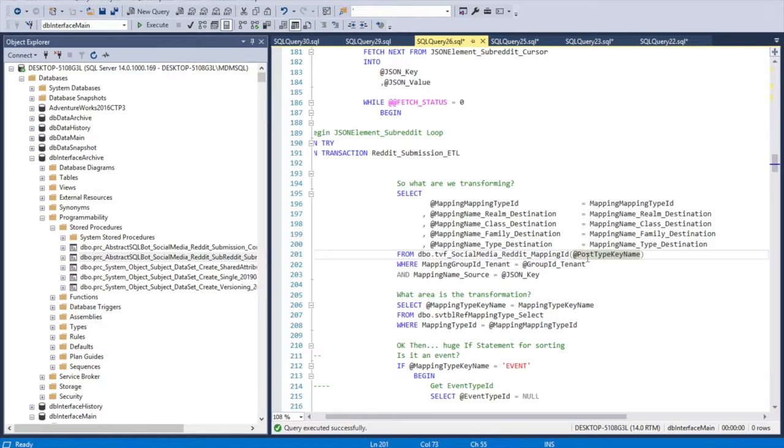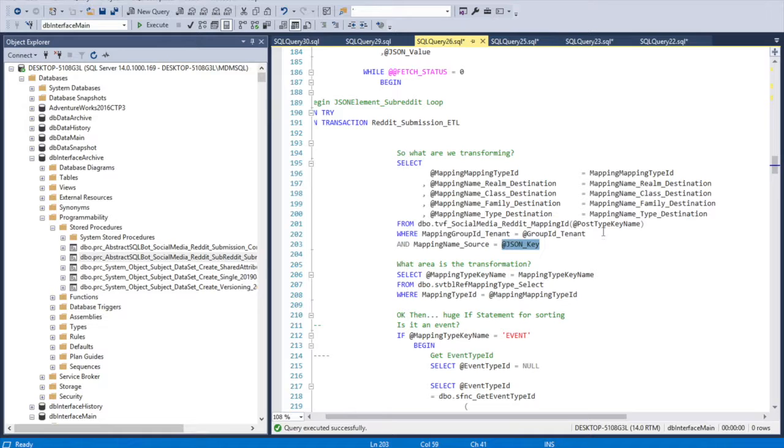So when it comes in and says, oh, it's submission, or oh, it's a comment, it will get the appropriate realm, class, family, type, destination, and the type ID for that key that's being passed in, which could be number of comments, it could be score, it could be whatever, but it's going to be limited to that comment or